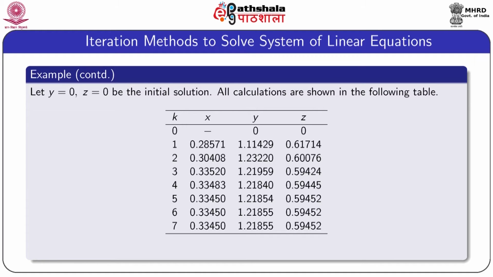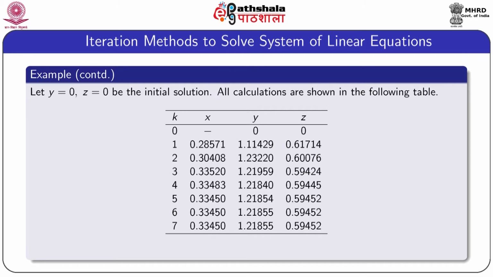Let y equal to 0 and z equal to 0 be the initial solution of the given system, and all calculations are shown in the following table. Note that the first iterated value of x is 0.28571, and this value is obtained from the first equation by putting y equal to 0 and z equal to 0. The first iterated value of y, that one is 1.11429, is obtained by substituting the value of x equal to